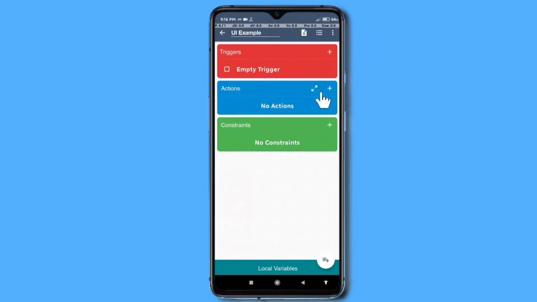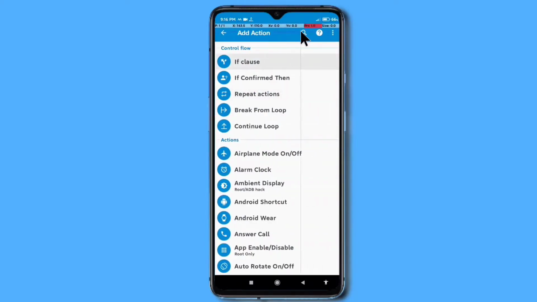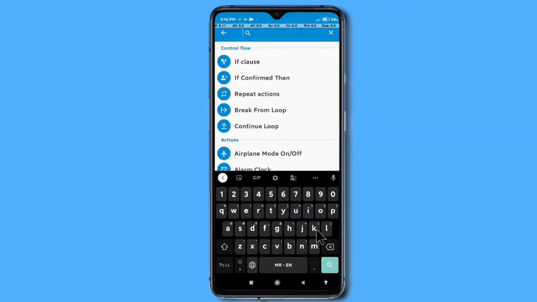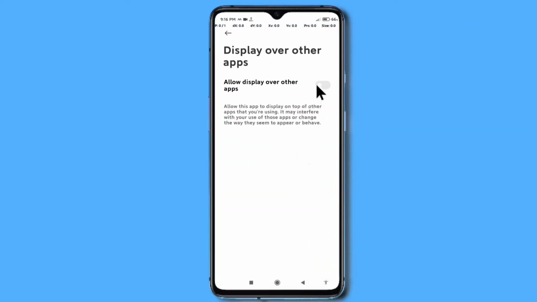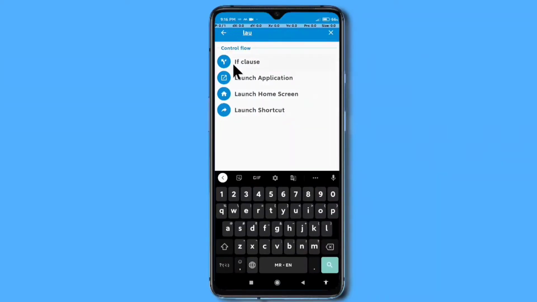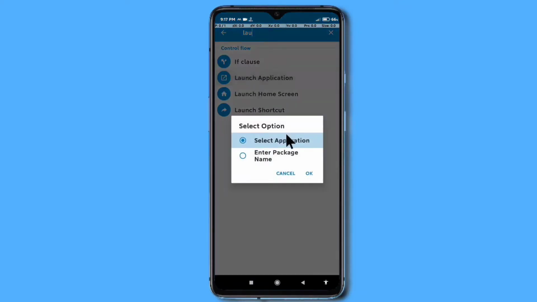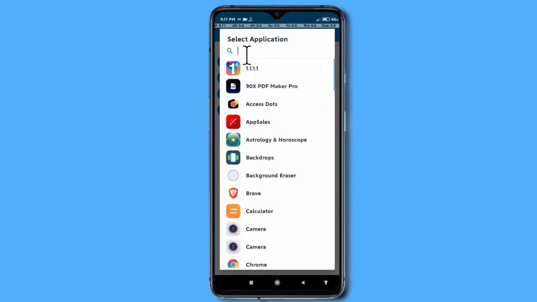Now I want to add an action to launch the settings app. So I am going to search launch application. It prompts that it requires the draw overlay, so I am giving the overlay permission. Getting back again, launch application. It says to select an option, select application. I am selecting it. So now searching